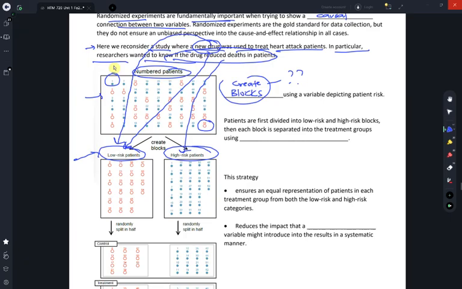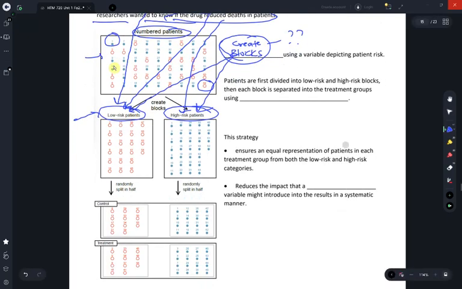Well, how do we deal with situations like that? We can create a block, that is the block of low risk patients away from the block of high risk patients. Then we would like to ensure that a subset of the low risk patients get the new drug, and some also in the high risk block also get the new drug, and the others will get the old drug,